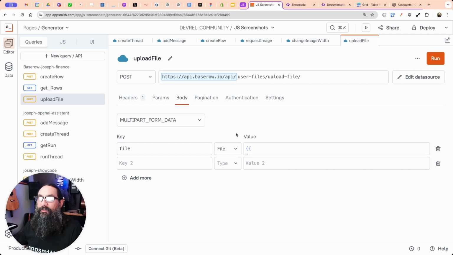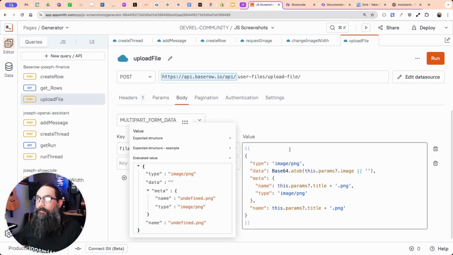This is a multi-part form. You want to have the key as file and the type as file. And then one last thing here I didn't cover earlier. I'm not using the native JavaScript A to B. I'm taking the data here that gets sent back as base64, and Baserow is expecting it as binary. The native JavaScript A to B wasn't working, but this library base64,